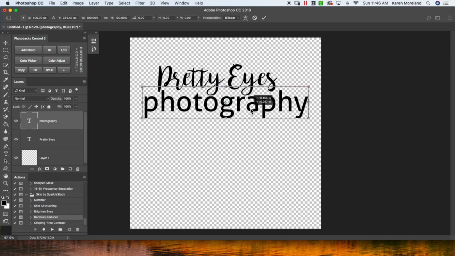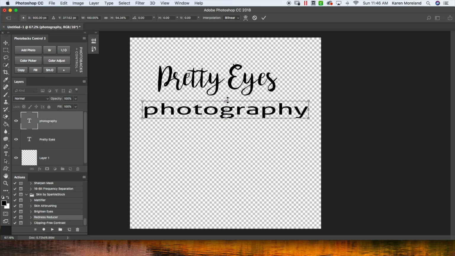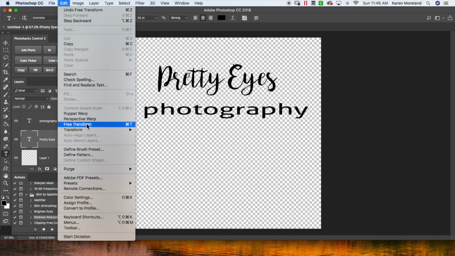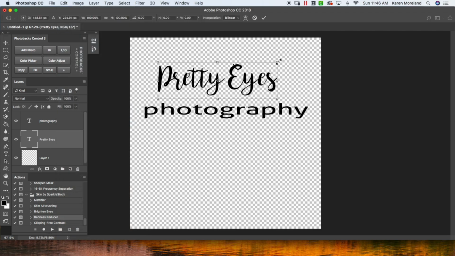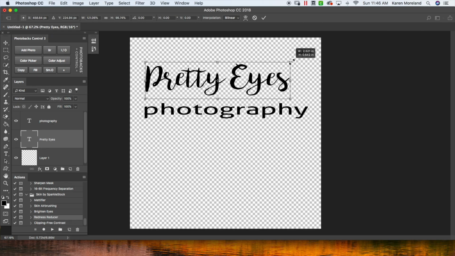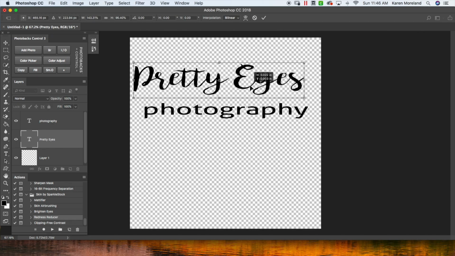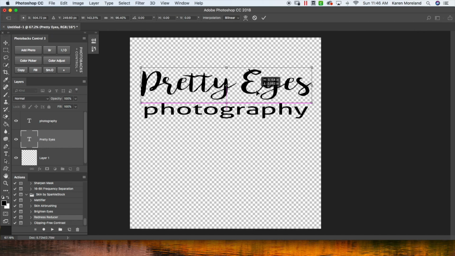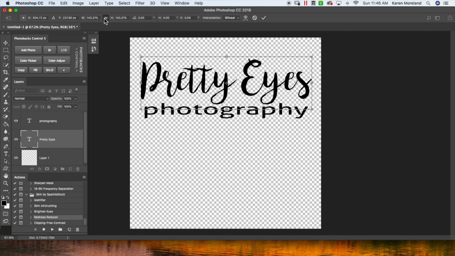I'm going to free transform this to make it the shape that I want it to be. Also going to free transform Pretty Eyes. You can stretch it however you want to, do whatever you need to with free transform. If you want to maintain the aspect ratio, click on the little button up here and that will reset the aspect ratio. So I'm going to hit OK, and the next thing I want to do is create another layer